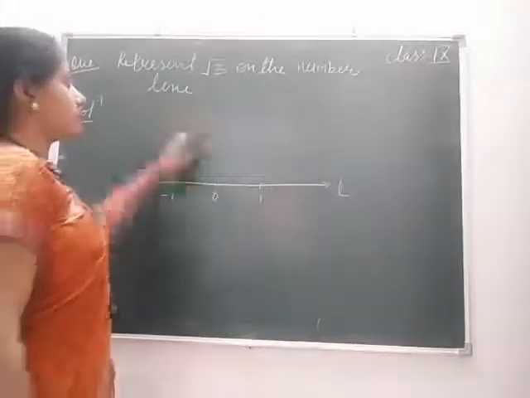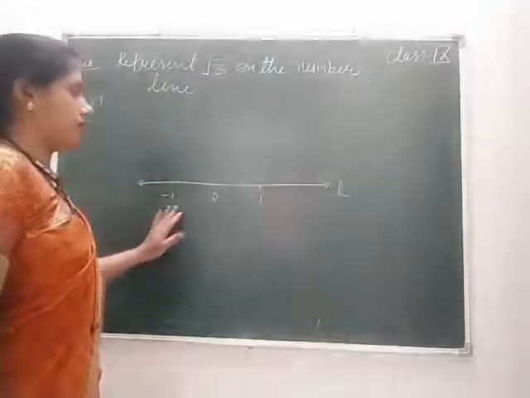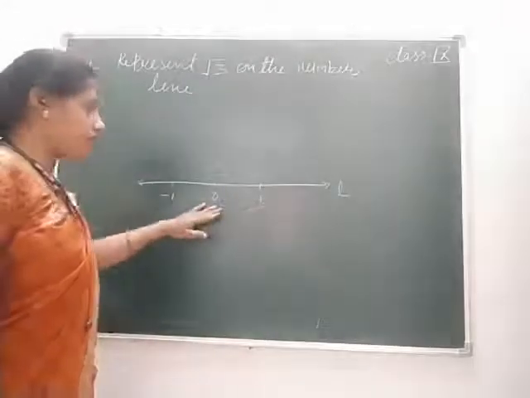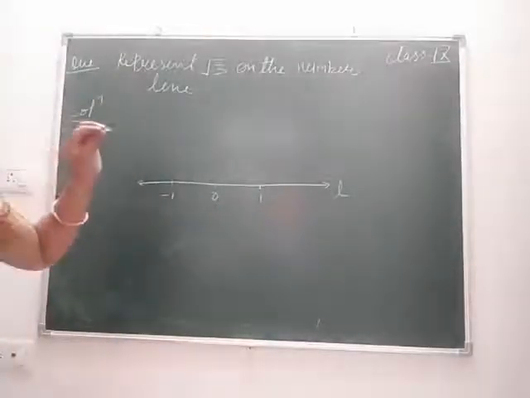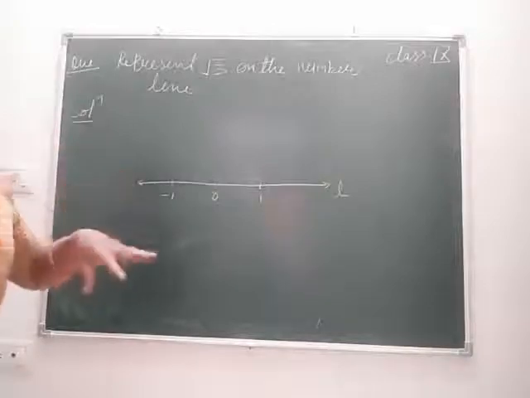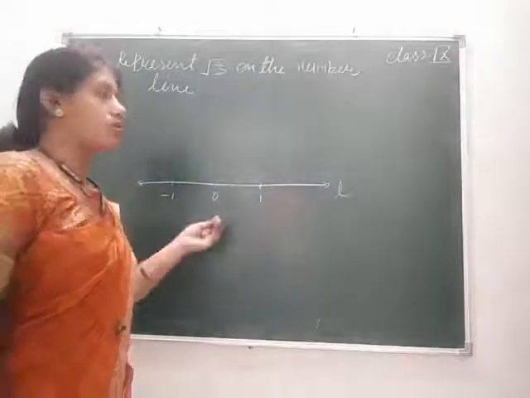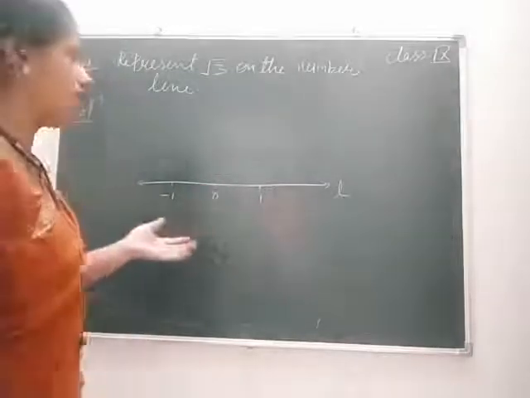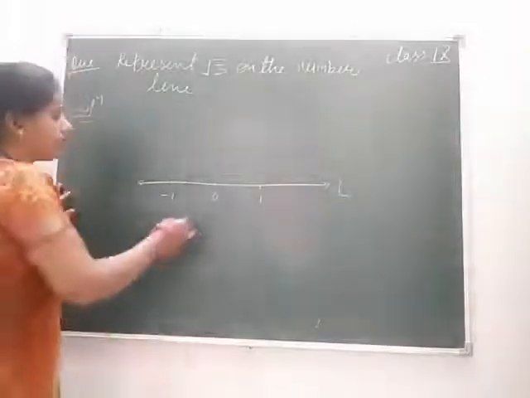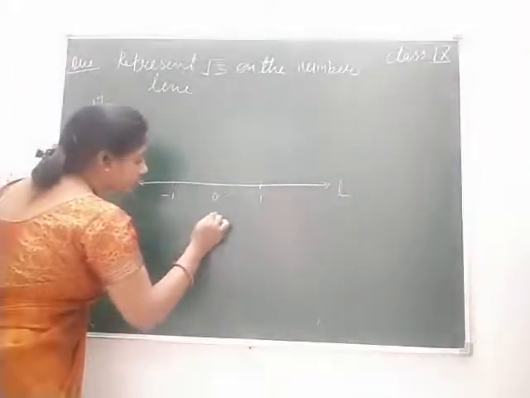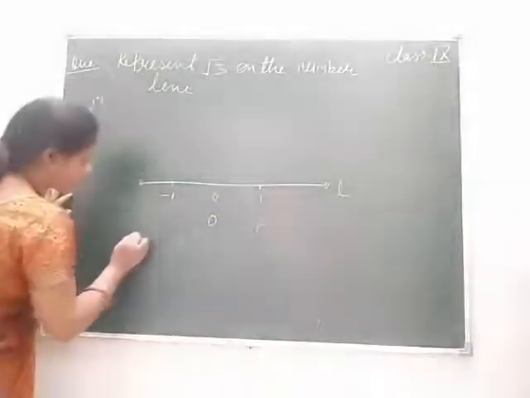The next question, root 3 on the number line. Draw a horizontal line N. Take the point of the 0 initial point 1 and minus 1. रूट 3 को रिप्रेजेंट करने के लिए मुझे पहले रूट 2 को रिप्रेजेंट करना पड़ेगा, उसके बाद हम रूट 3 को नंबर लाइन पर रिप्रेजेंट करेंगे. रूट 2 को सेम सिमिलरली द प्रीवियस क्वेश्चन वी पुट द रूट 2 इन ऑन द नंबर लाइन. We take O point is the indicate of the 0 and A point indicate of the 1. AO equals to 1 unit.